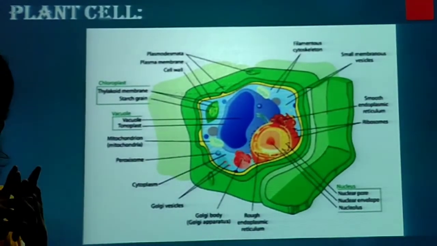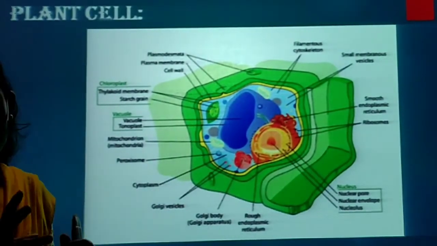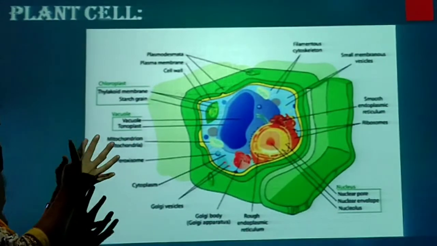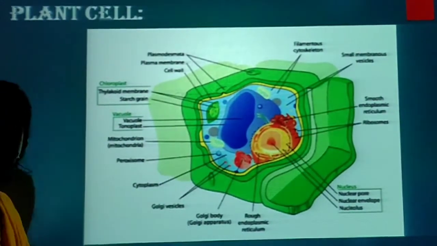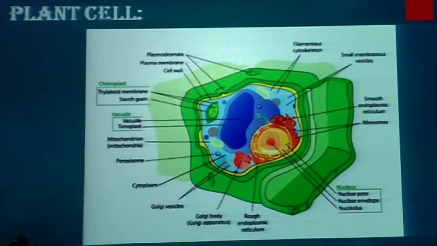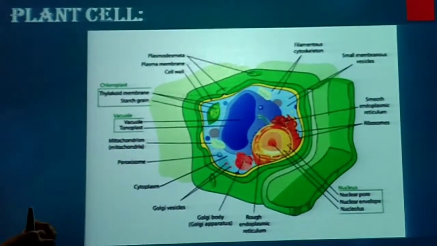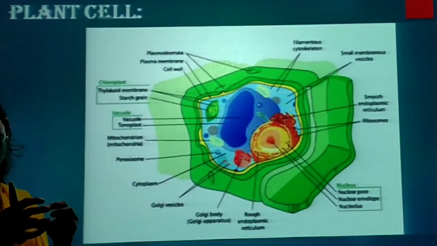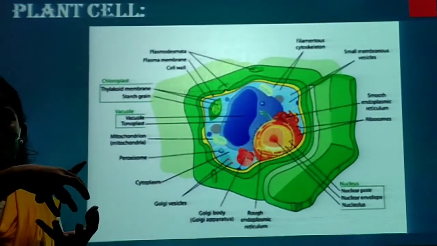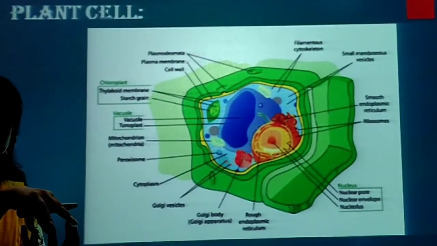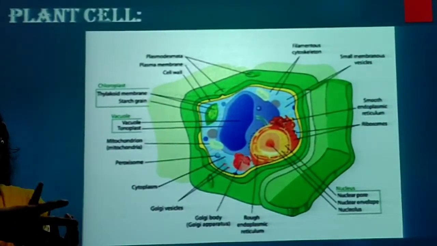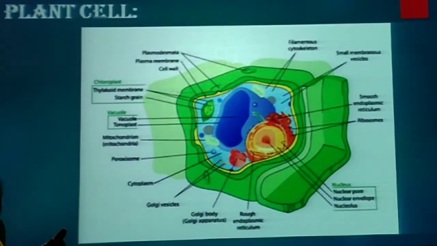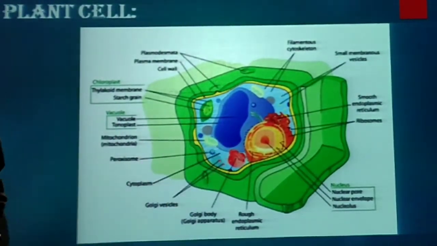A vacuole is present in animal cells also, but not so prominently and very small in size. But here there is a defined and clearly visible vacuole which stores starch and other substances, and water in the cell, and that helps to maintain the shape of the cell, that gives turgidity. Turgidity means it has water and is swollen up. By swelling up, it does not collapse, and it gives turgidity against the cell wall. So it maintains the shape of the cell.